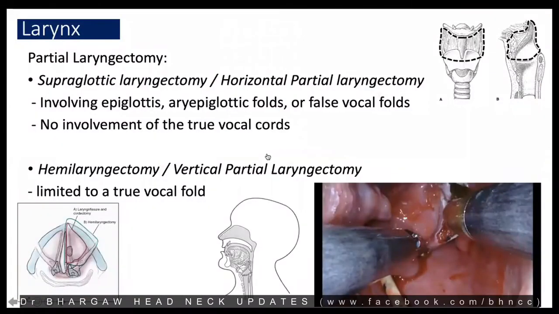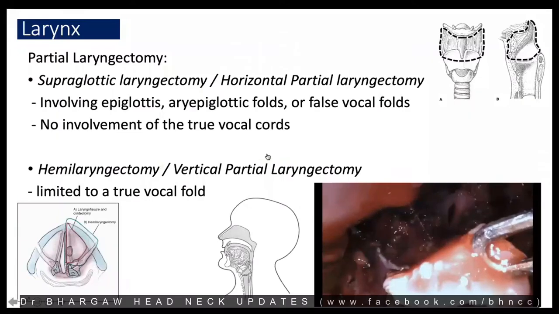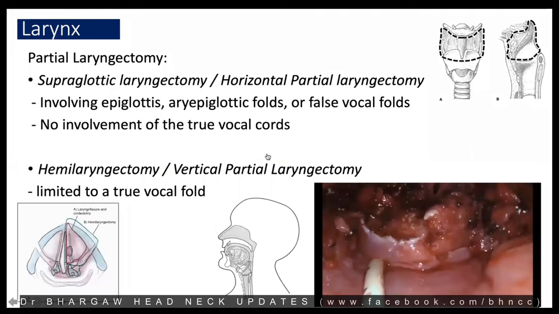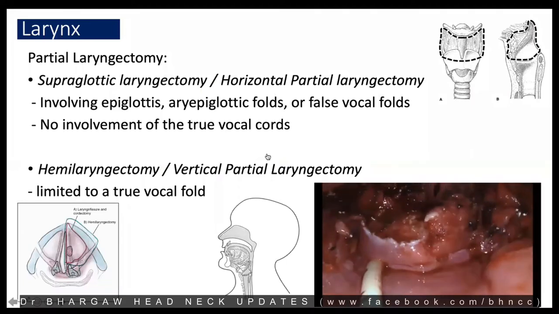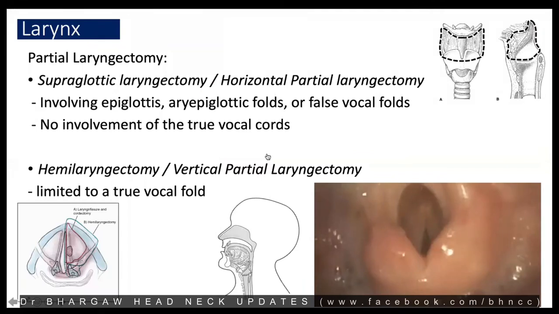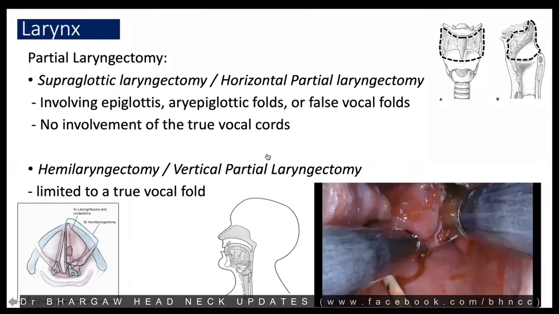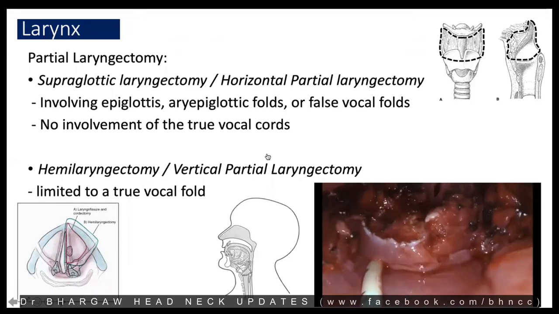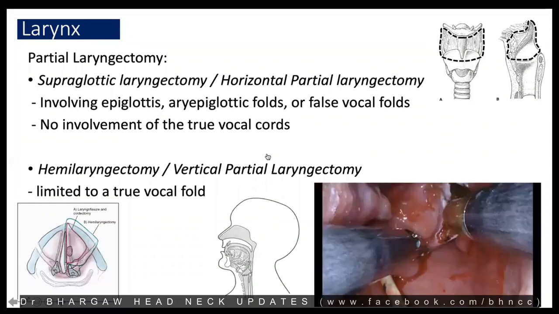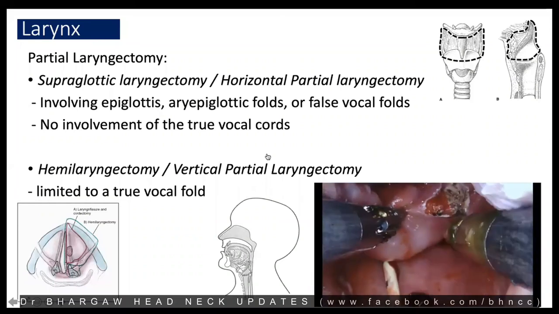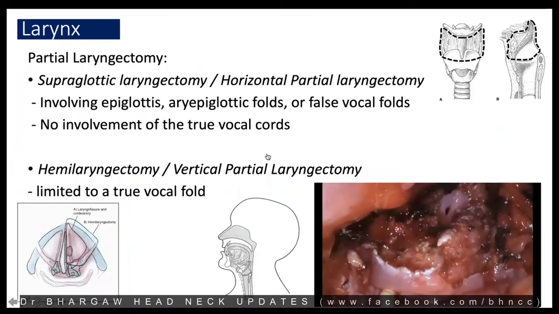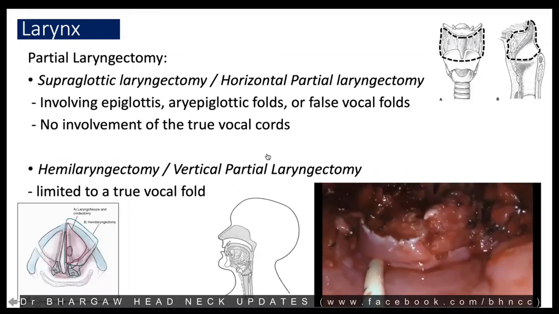Coming to larynx, surgeries such as partial laryngectomies. For example, if a patient underwent a vertical partial laryngectomy, that part of the hemilarynx is fixed. There's no moving vocal cord there. And if a patient had a horizontal hemilaryngectomy or a supraglottic or a supracricoid laryngectomy, they would lose two primary protective anatomical structures of the airway. One is the epiglottis, and some part of the aryepiglottic fold and some false cords. You will be hearing a little more about this in the talk tomorrow.